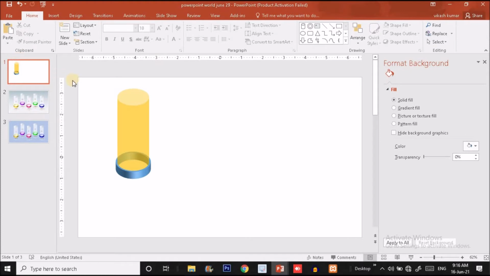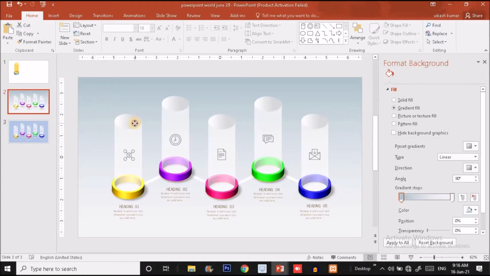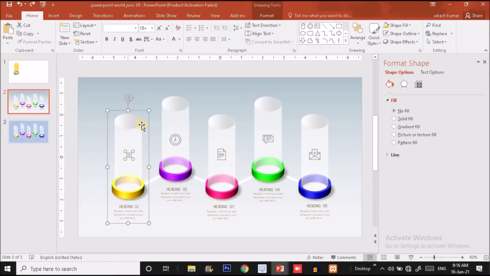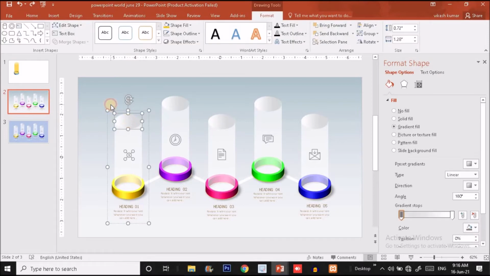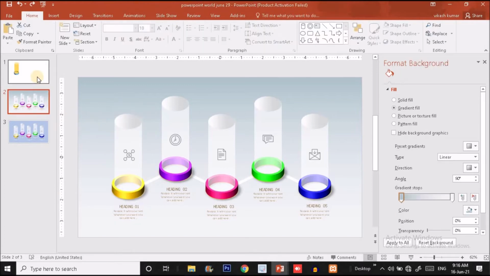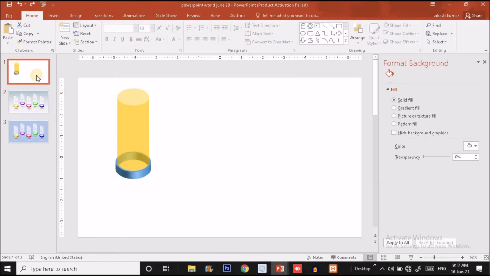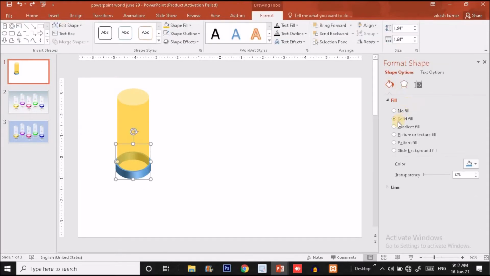So now what we have to do, we just have to create an oval shape, because we want, let me show you, we want a shadow effect over here, gradient effect actually. So we want this one, so we will do it later. Before doing this, I'm going to fill it with the color. Okay, guys, and one more thing, we just have to fill it with the color. So I'm going to fill it with the orange color. So I'm going to click on shape fill, and I will put orange color for this ring base.